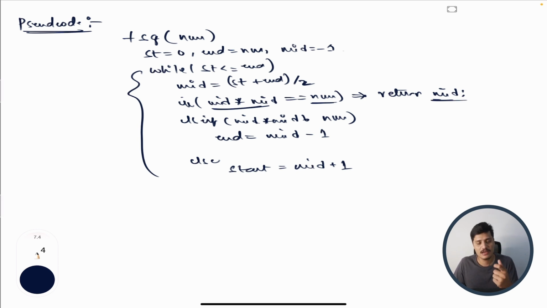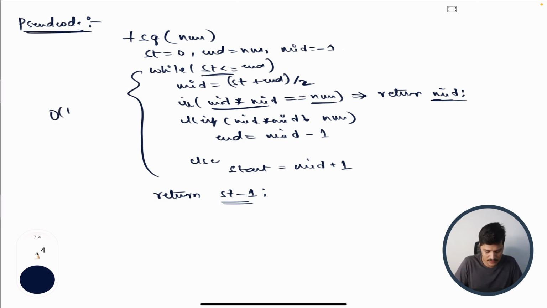if the number does not have a valid perfect square root, like I mentioned while explaining a sample while dry running the code, start will be pointing to 1 greater than what it should be returning. So we should return start minus 1 in the end after completing all the range checks in the while loop. Okay, so this is the binary search based logic for finding the square root of a number,